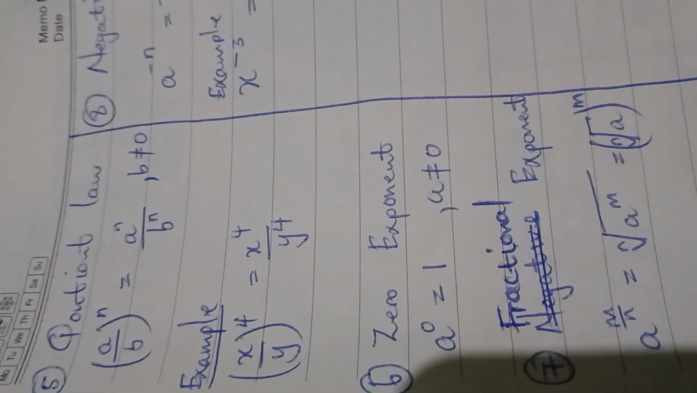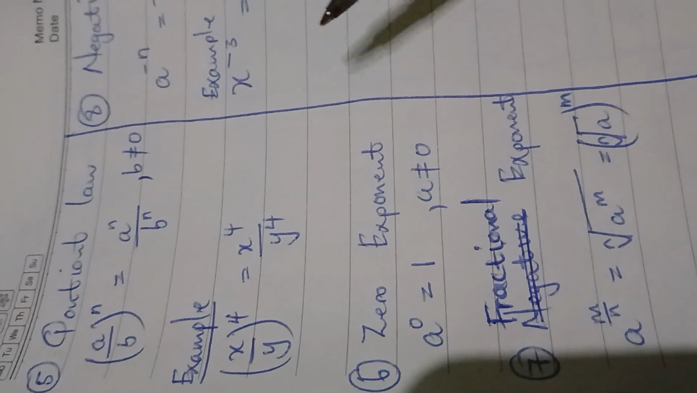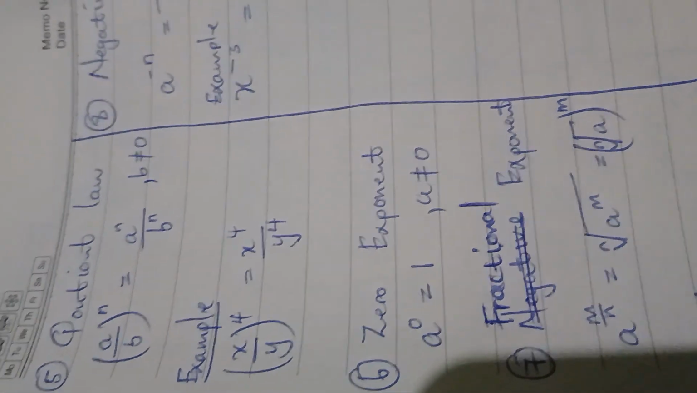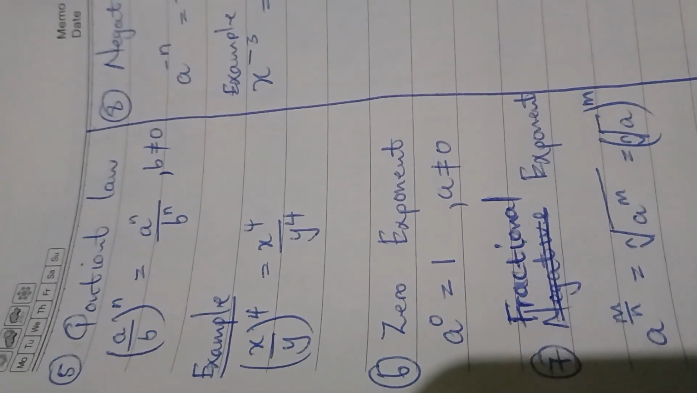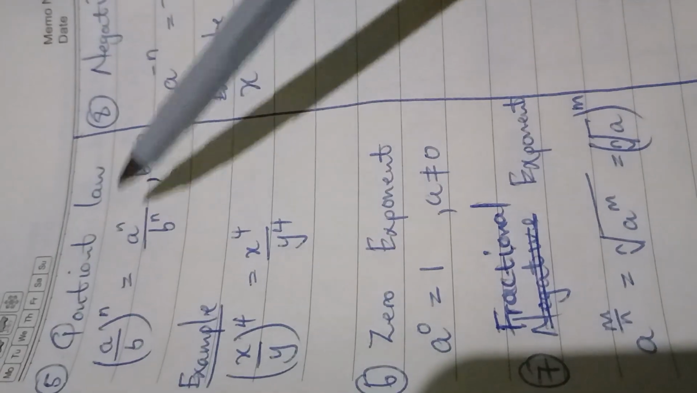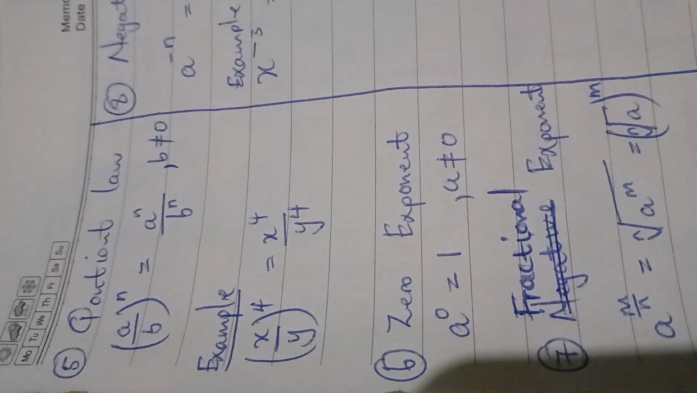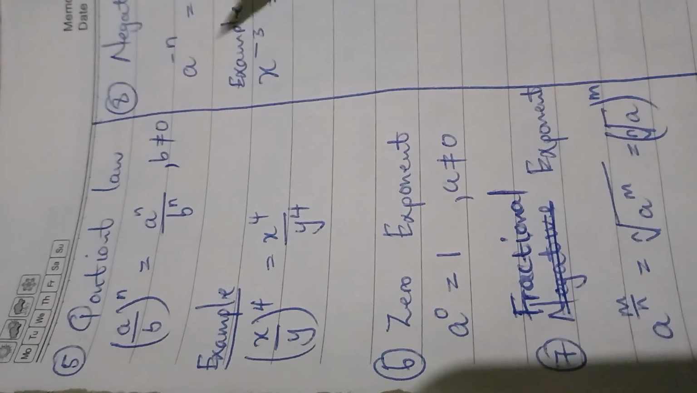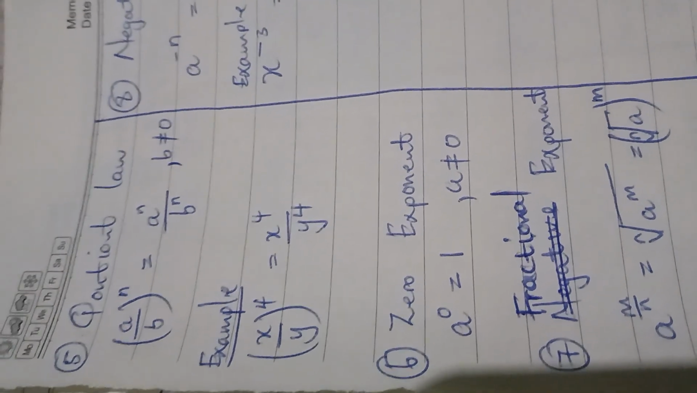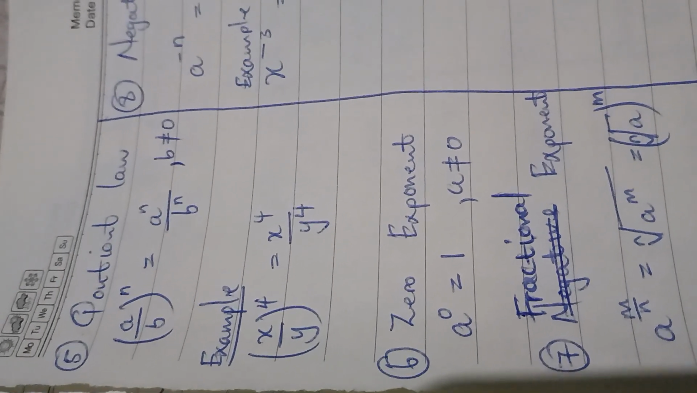Now we have the quotient law. The quotient law states that a over b, in brackets, to the n is equal to a to the n over b to the n, for b is not equal to 0, because if b becomes 0, then the fraction becomes